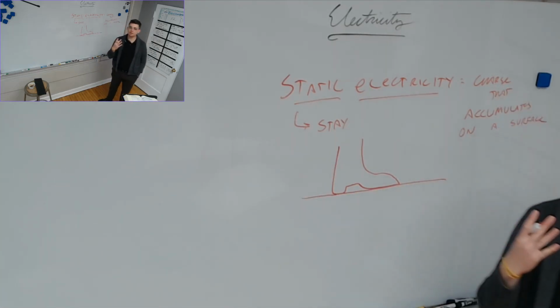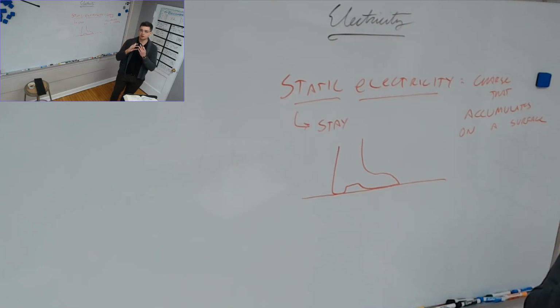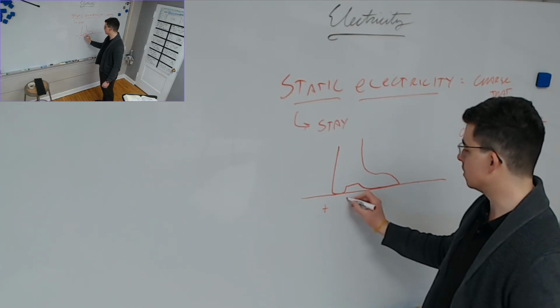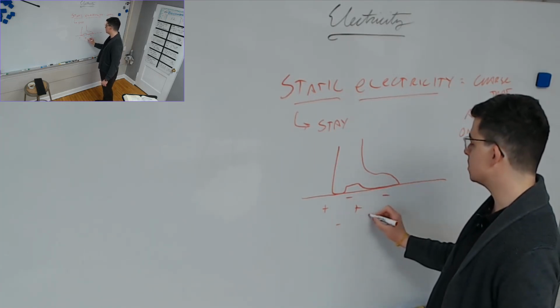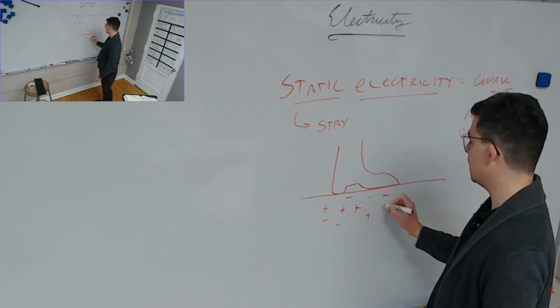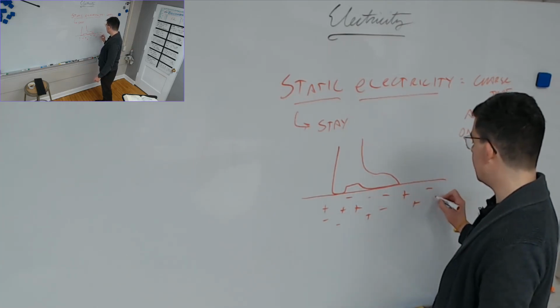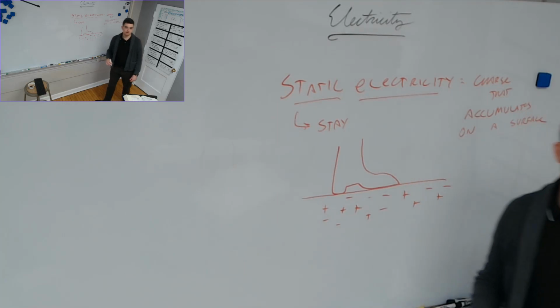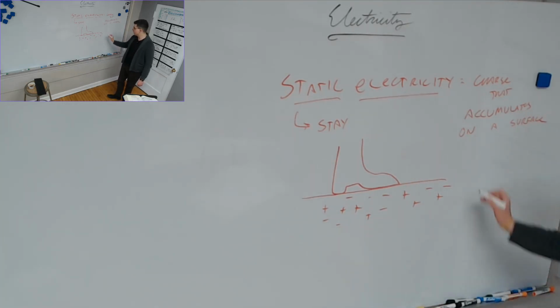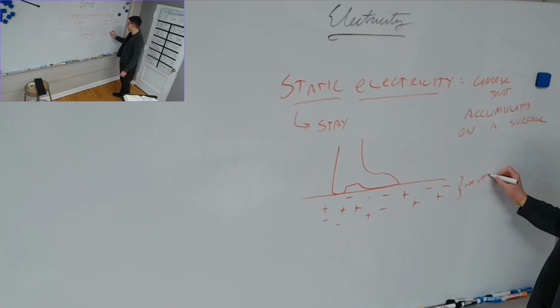And when objects are just existing in their normal state, they're a mix of positive and negative charges. For every one positive charge, there is a negative charge. There's a 1-to-1 ratio, meaning that on average the charge is what? Even. Equal to 0. It has no charge. So on average this is neutral, and the same thing with the